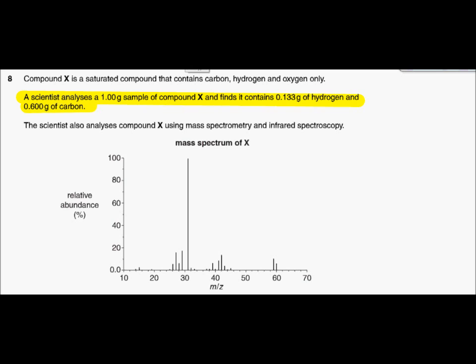Now, this piece of information you can use now by pausing. This is going to give you your empirical formula. The question tells us we've got carbon, hydrogen and oxygen only, but it's only given us a mass of hydrogen and carbon, but it does tell us, crucially,